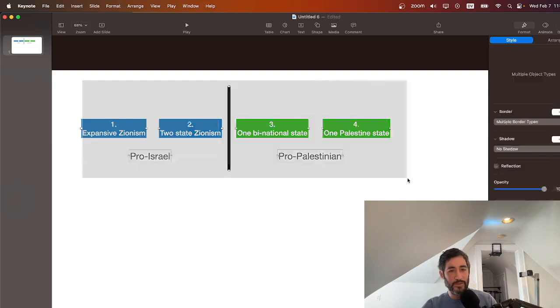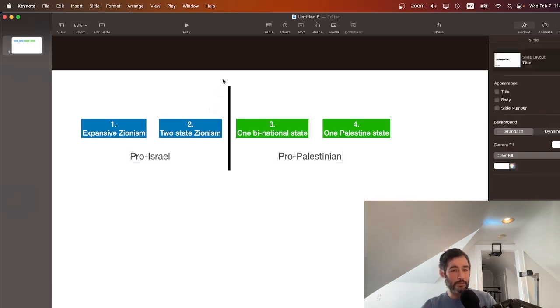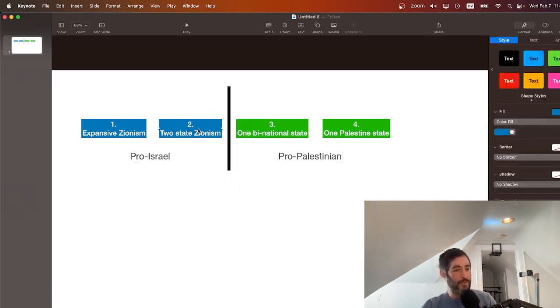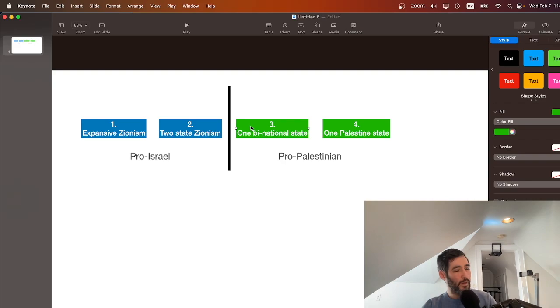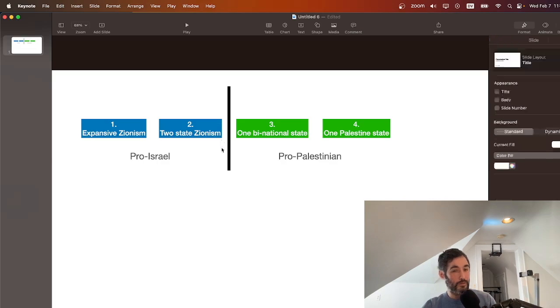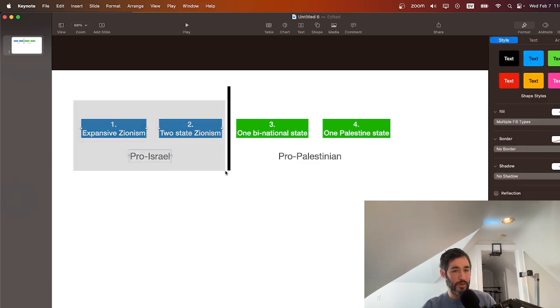Of course, as I mentioned before, this is a very rough outline of a spectrum of much more complex and nuanced positions. The key thing here, though, that I think is pretty much unquestionable is the way in which Zionism ends at the end of two-state Zionism. If you think that justice for Palestinians is a kind of coexistence, a liberation where they're not living under occupation, and it's more than just two states, then you're outside of the pro-Israel Zionist camp.